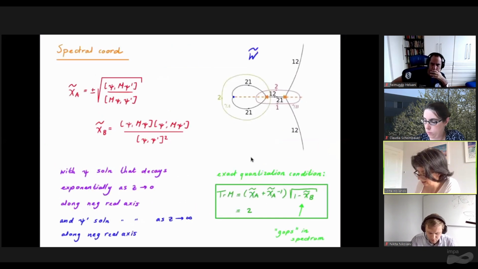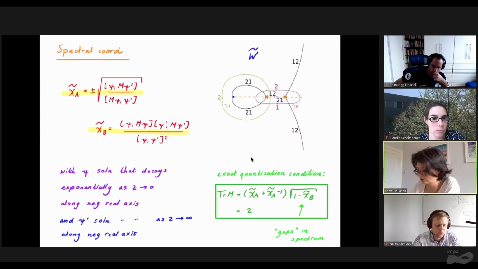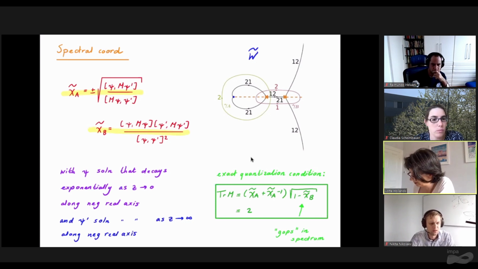So if we do that, similarly as before, we find an abelianization with respect to that particular spectral network. We find the spectral coordinates, which in this case have a slightly different form, as written here: X_A tilde and X_B tilde. And so now we can use exact WKB to say something about this spectral problem, namely the new exact quantization condition in terms of these coordinates will read